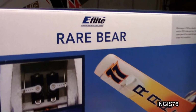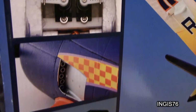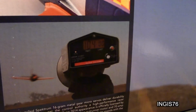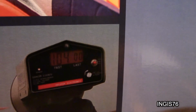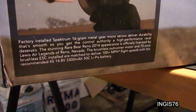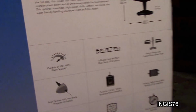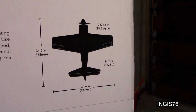There is the back of the box. Zeros. Air vents, I think, on the side there. And here I'm measuring the plane in the air, 104 miles per hour. This has a 70 amp ESC. You can see it's